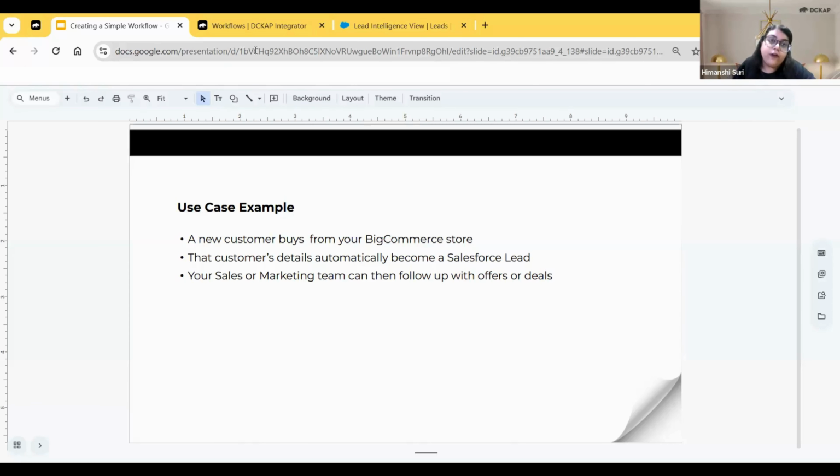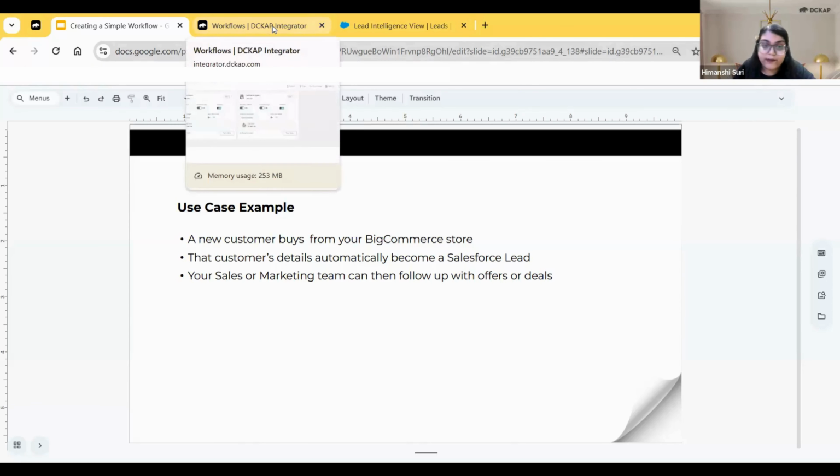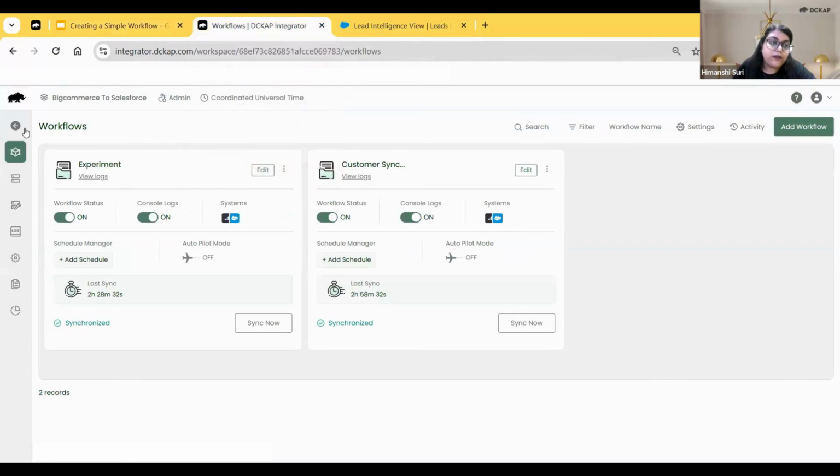Now we'll move on to the DCKAP Integrator screen. To create any workflow, you need to log in to the project. You need to create the project, and then you'll see on the left-hand side an icon. This is the workflow icon. When you click here, this screen will come. At the top right corner, there is an add workflow option. When we click on add workflow,